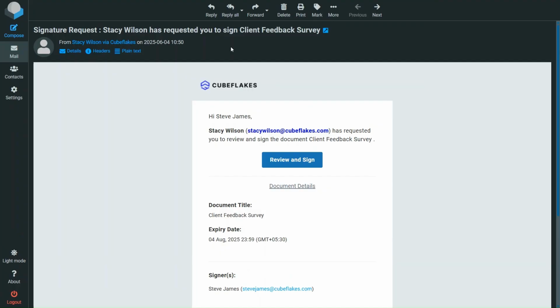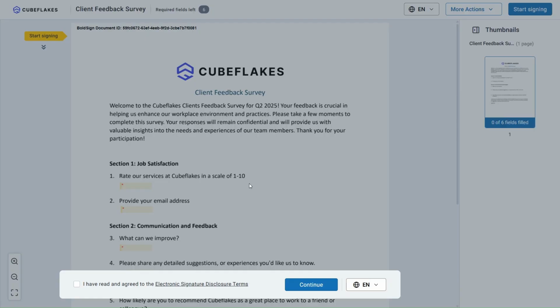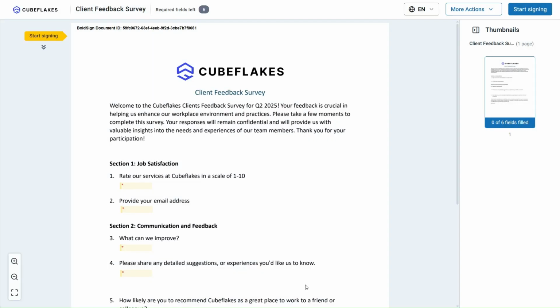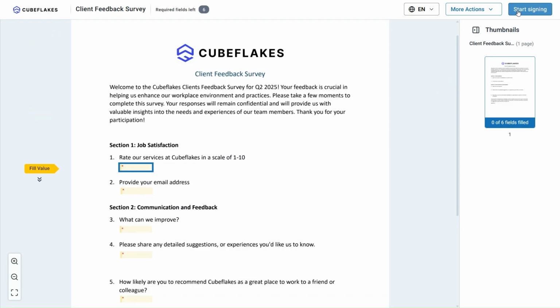When a user receives an email with a Review and Sign button, they can select it. The document opens in BoldSign's clean interface. After selecting Start Signing, the first required field lights up to guide the user through the form. For the rating question, I type 9 out of 10 into a fixed size text box, which stays neat and